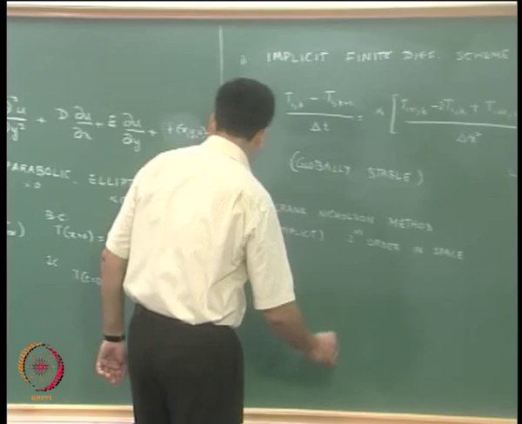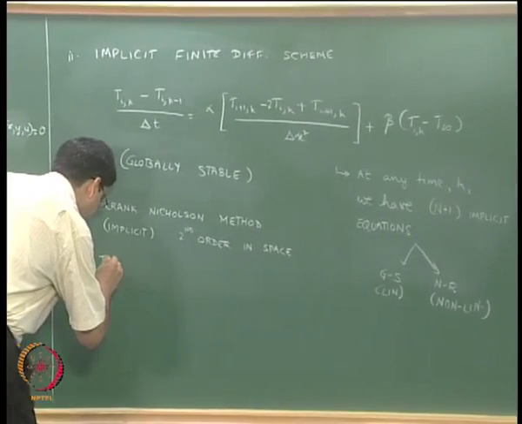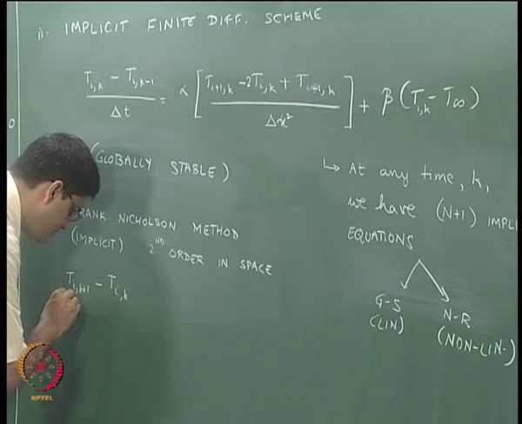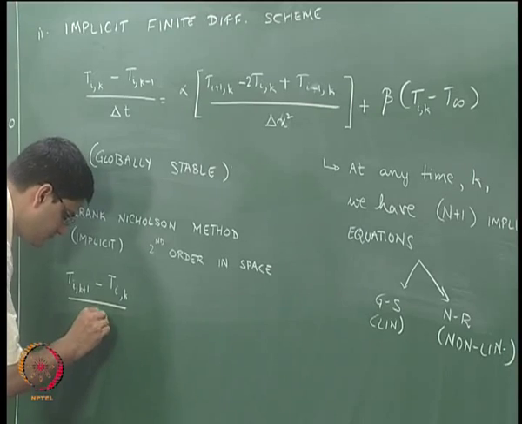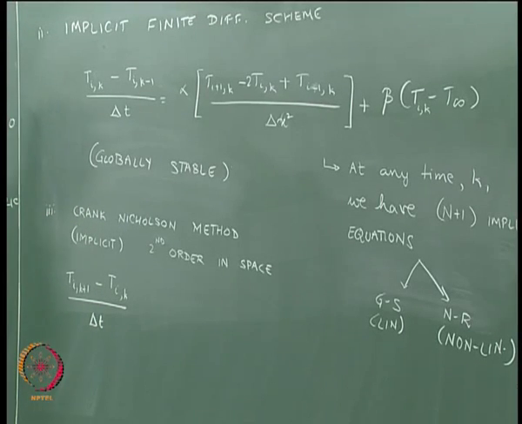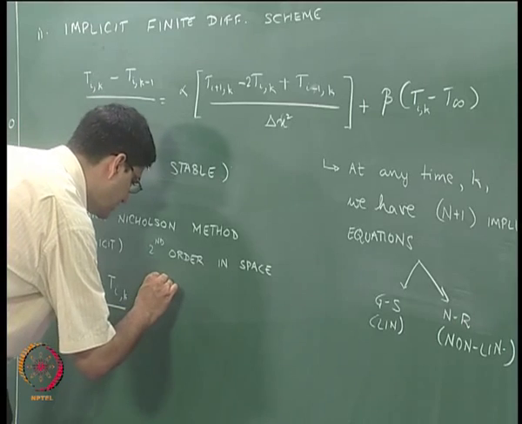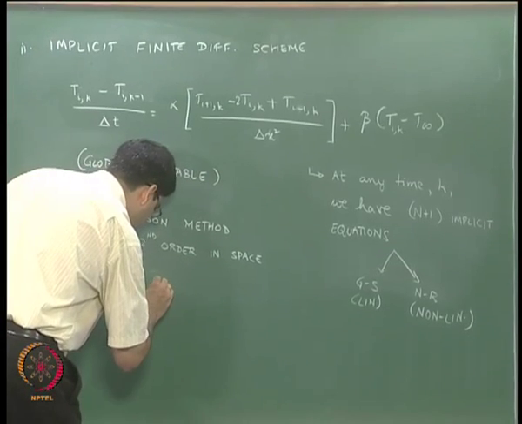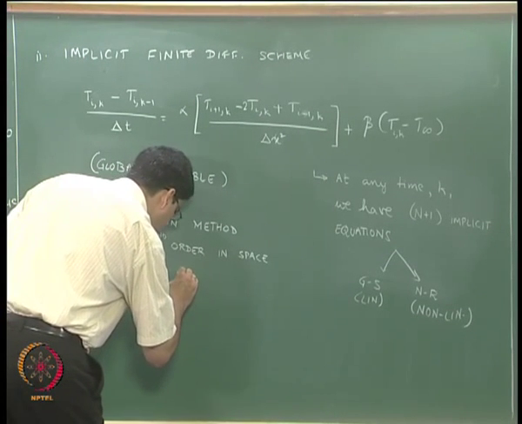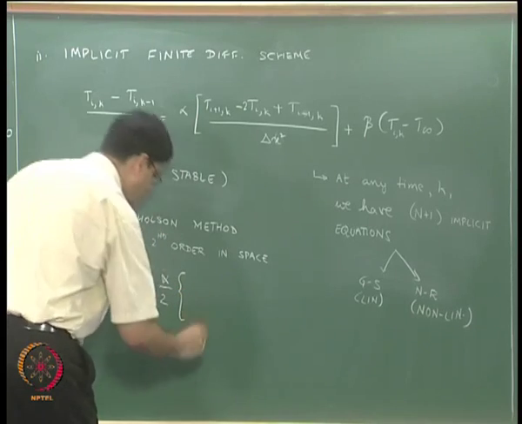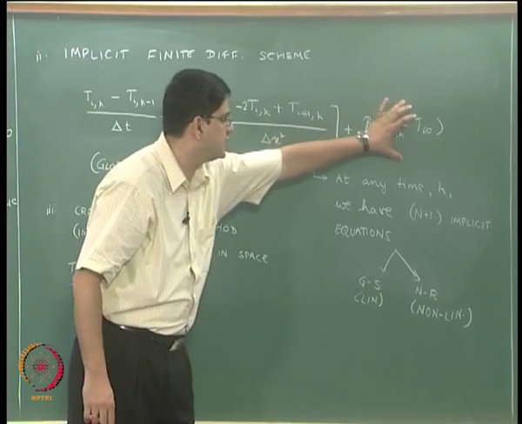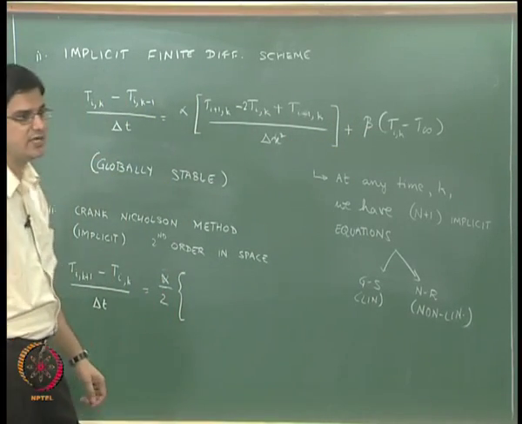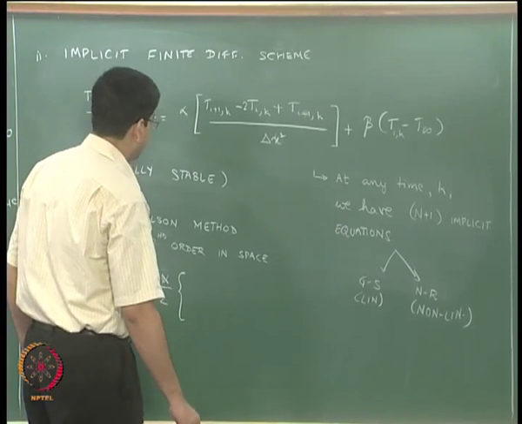So what I mean by that is we will write Ti comma k plus 1 minus Ti comma k divided by delta t, written as before, is going to be equal to 1 by 2 or alpha by 2 multiplied by this guy computed at T k plus 1 and this guy overall computed at T k. So that's what we are going to do.